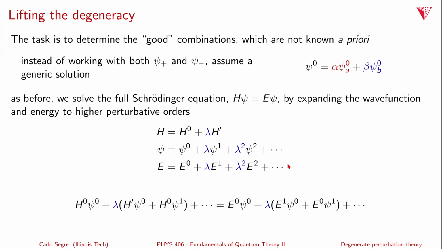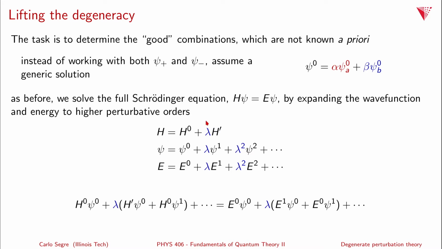Well, again, we apply our eigenvalue or Schrödinger equation, H psi equals E psi, because this is now the new energy of this good state, which is going to be a linear combination, a generic state. We should get two solutions. We'll get one which is psi plus and one which is psi minus. So we will now